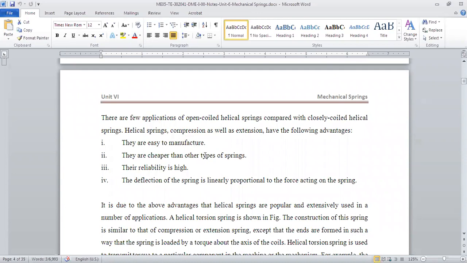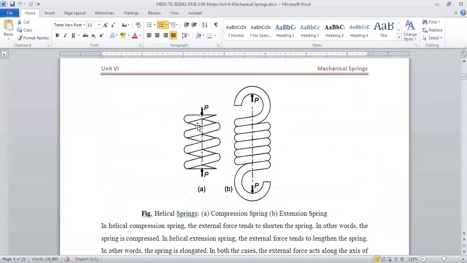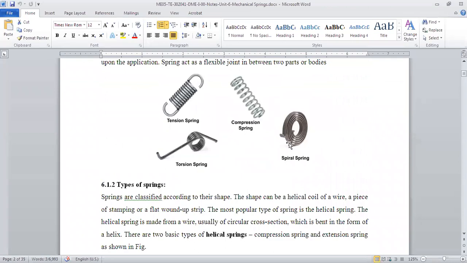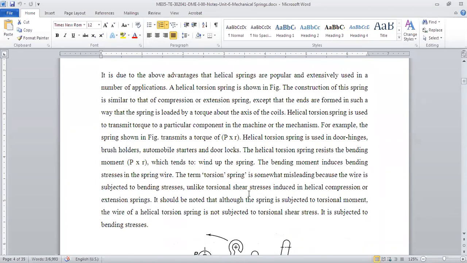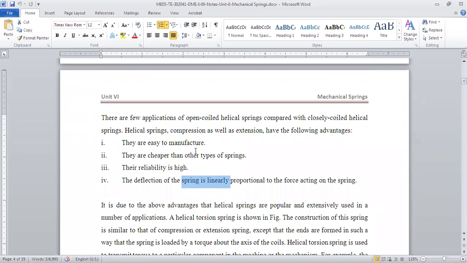So now, why the helical? In practical or real life, helical springs are the most used springs for general applications. Why is that the case? Because the manufacturing is very simple. Because the manufacturing is simple, their cost is less and reliability is more. And the deflection is linearly proportional to the load. So these are the advantages: first, manufacturing is easy, cost is low, and the load is proportional. In the case of a spiral spring, that is not the case, it is not proportional. But in the case of a helical spring, the load is proportional to stress, right? So that was about the helical spring.